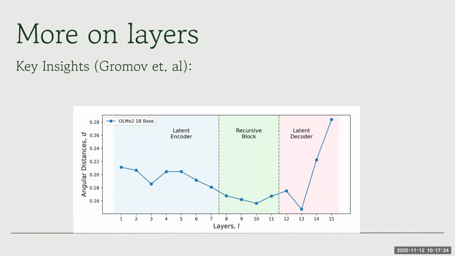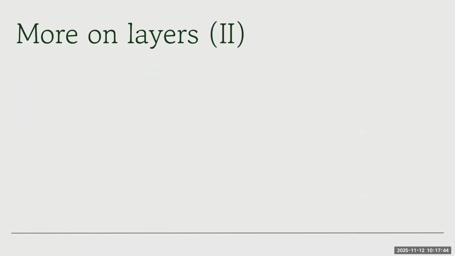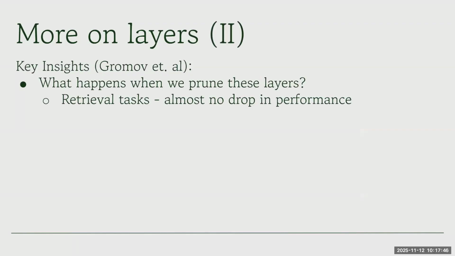That there's a notion of angular distance, and then relating it to the distinction between the different blocks of layers. You also have differences in the angular distance that reflect our explanations for what the different blocks of layers are doing. Yeah, so what this paper has done, what the authors here, okay, before I move to that,